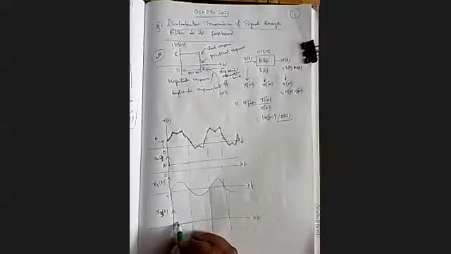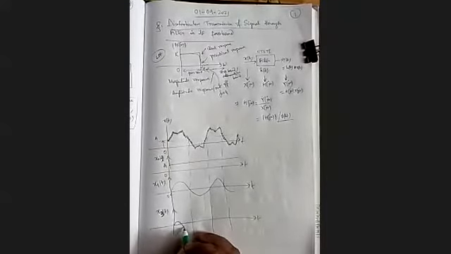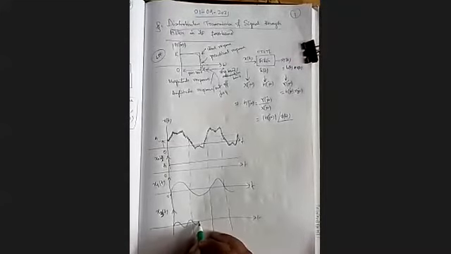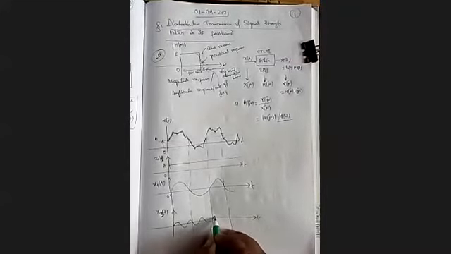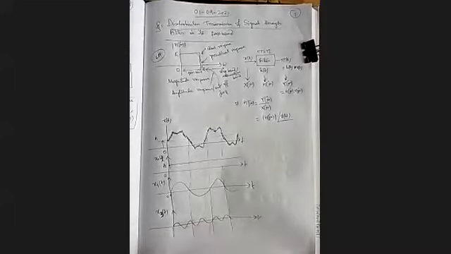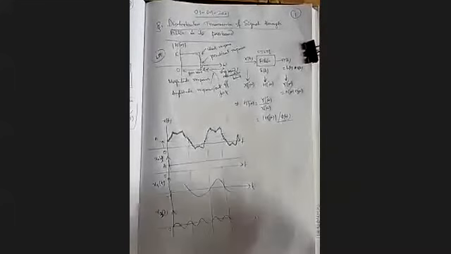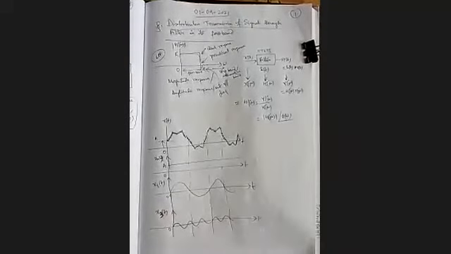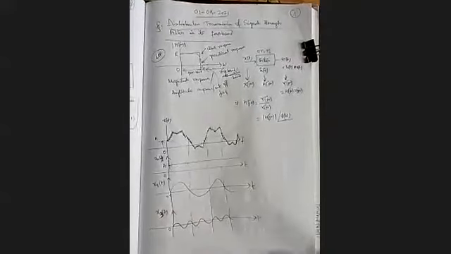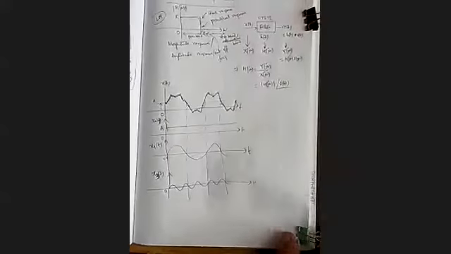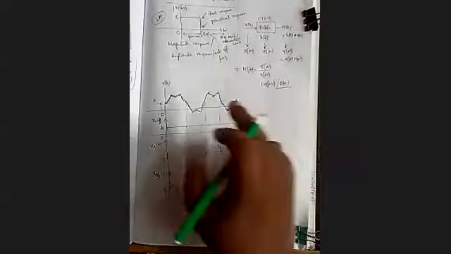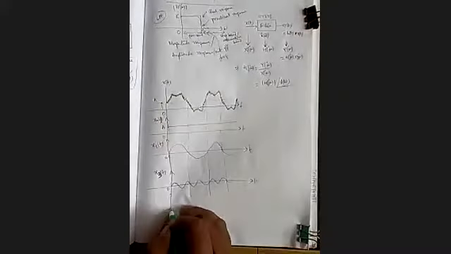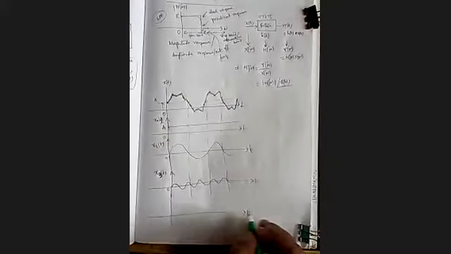So half cycle 1, 2, 3, then 1, 2, 3, 1, 2, 3, this way. So it is 3 times the fundamental frequency. Get my point? So that is our third harmonic. For this particular signal, we don't get any other harmonics. Note that only for this signal, but we always get a high frequency noise.